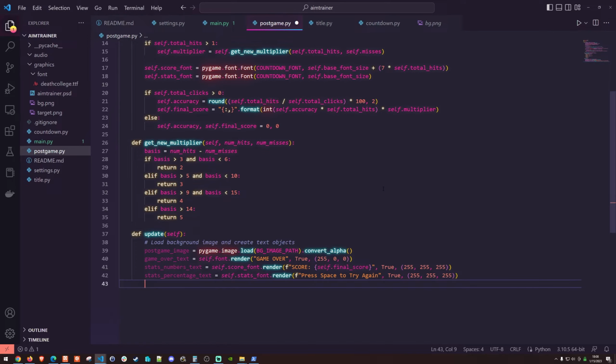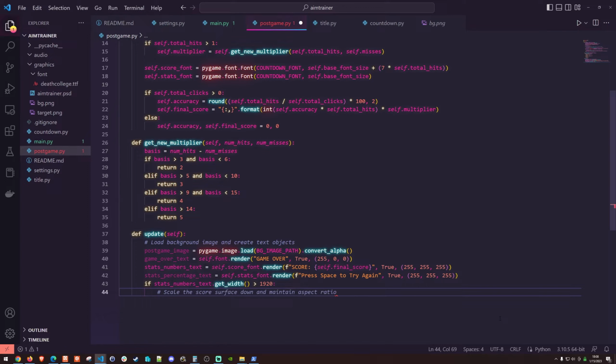So this is a little bit tricky, but we can do that with if stats numbers text dot get width is greater than 1920. That means it's too wide. We will then scale the score down